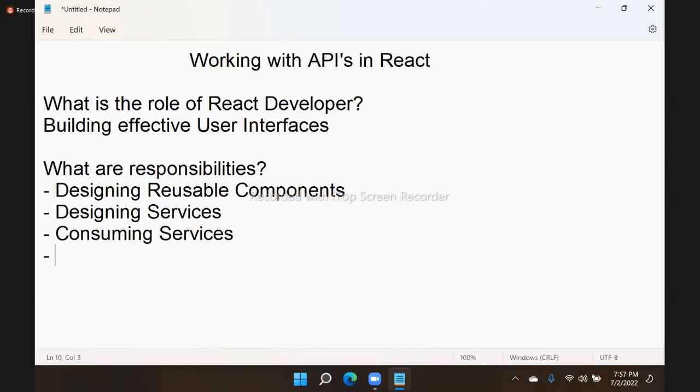So that means another option is your role will be in integration. That means you can say interacting with the API. That means you have to define communication with the API. That means fetching, interacting with the API, posting, editing, updating, deleting. That is the main responsibility. That means, so the key responsibilities,